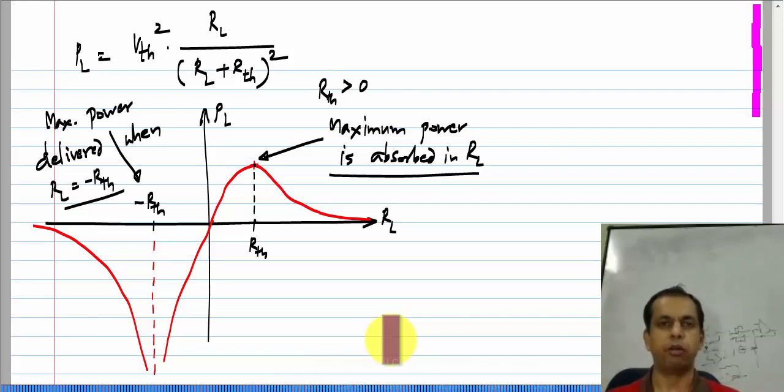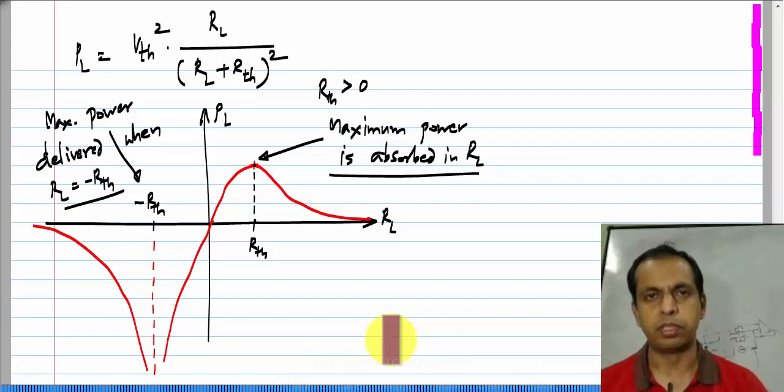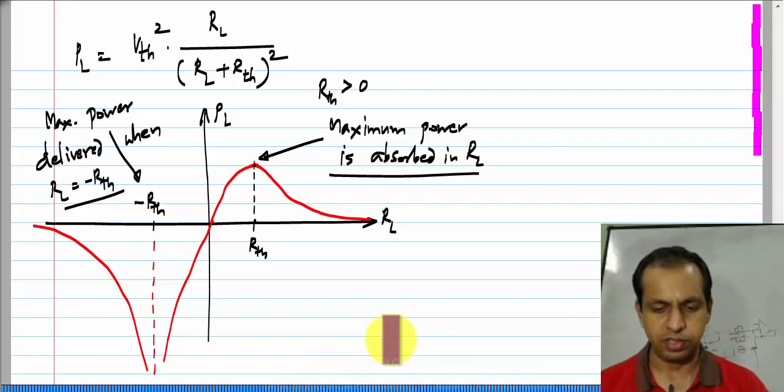delivering power, and to arrange for that, RL cannot be a physical resistor, but the equivalent of some complicated circuit with sources inside and so on. Okay. So, this is not a very useful result, but I just wanted to highlight that it is possible to have infinite power also, but then it will be infinite power being delivered by RL. Okay. When RL exactly equals minus RTH, the current in the loop goes to infinity and you have infinite power as well. Okay. But the result of real significance is this: when RL equals RTH and you have the maximum